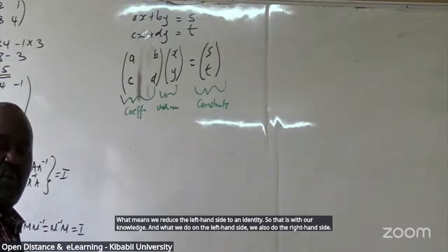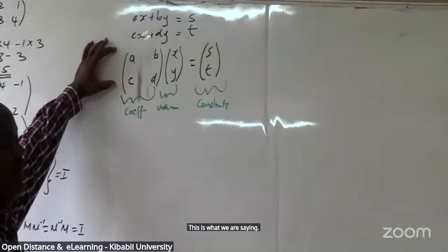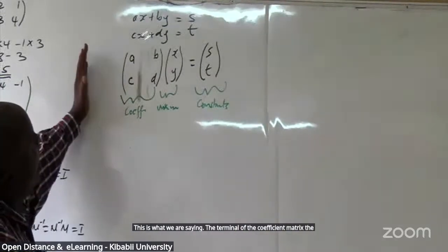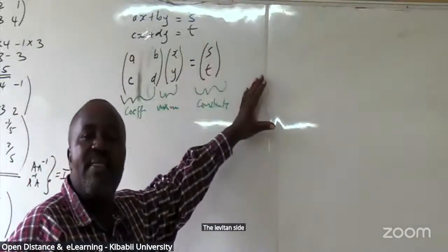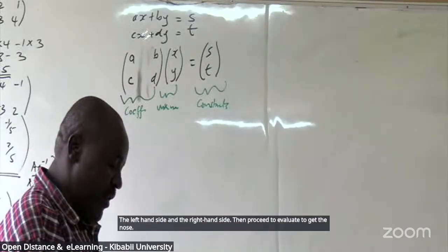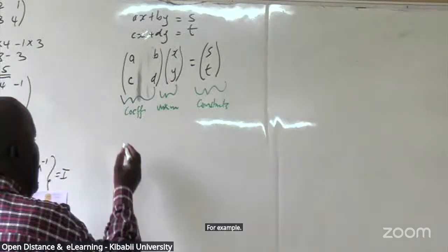This is what we are saying. So we get the determinant of the coefficient matrix, the inverse. Then we multiply through the left-hand side and the right-hand side. Then proceed to evaluate to get the knowns. For example,